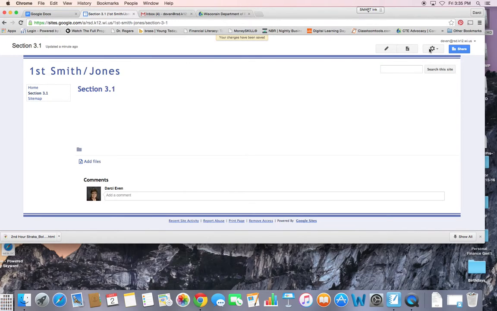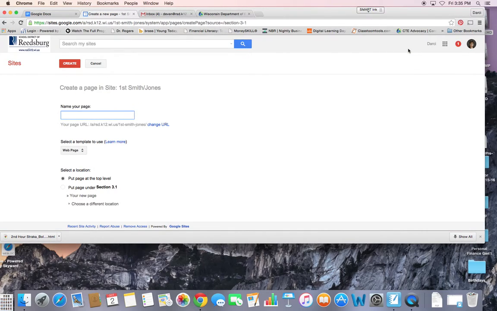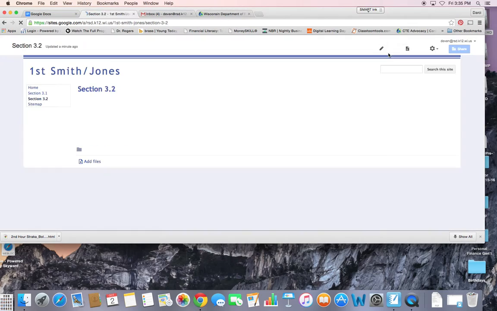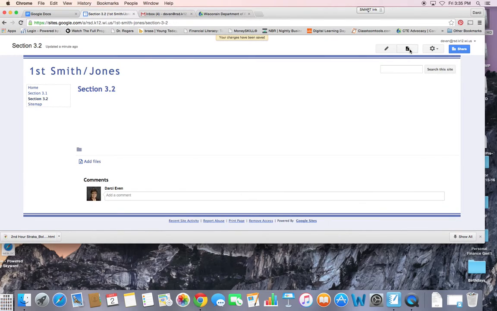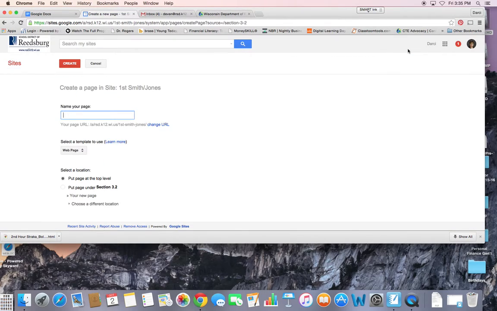And then we want to repeat this whole process again. So we're going to click on the piece of paper in the upper right-hand corner. We're going to call it Section 3.2. Click Create. Click on Save in the upper right-hand corner. And then we're going to do it one more time. Section 3.3, Create,